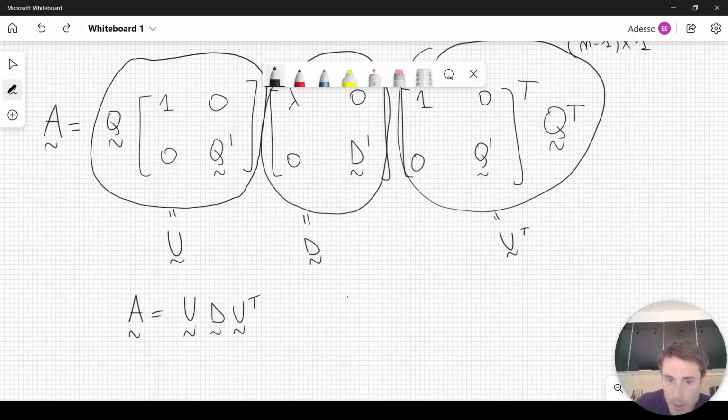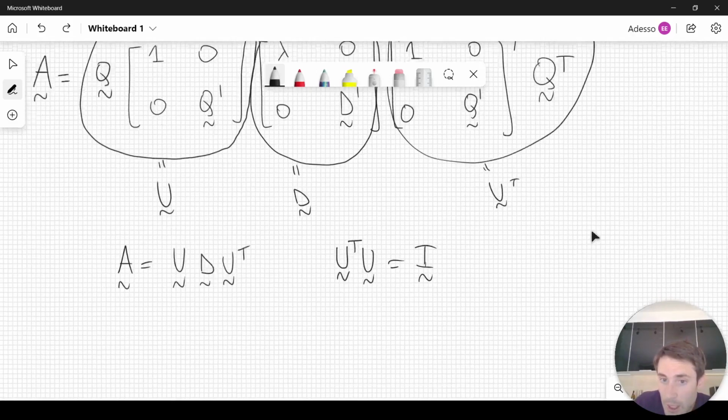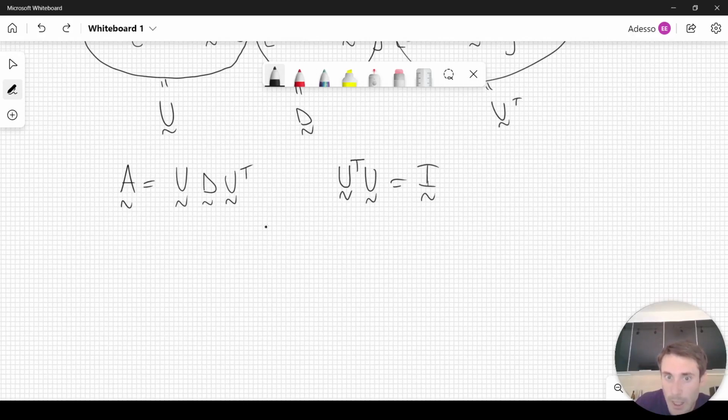Well, it's easy. We simply have to take U and multiply it by U transpose. Or if you want, you can put the transpose here. So U transpose U should be equal to the identity matrix. So this should be an n by n identity matrix. Well, we still have to do the calculation, but after we do the calculation, hopefully we find that this is true, and therefore we will prove the theorem. So let's do this last computation.